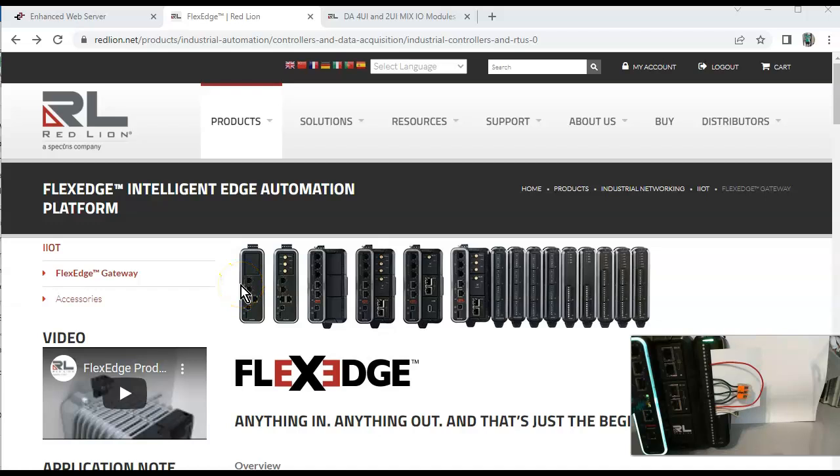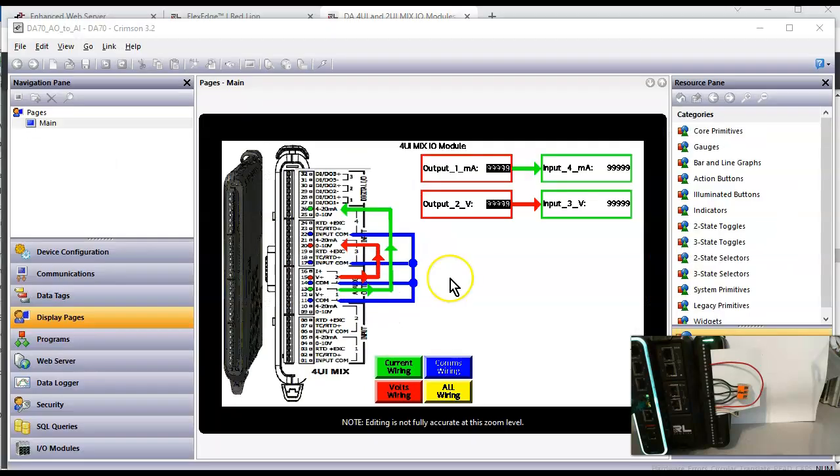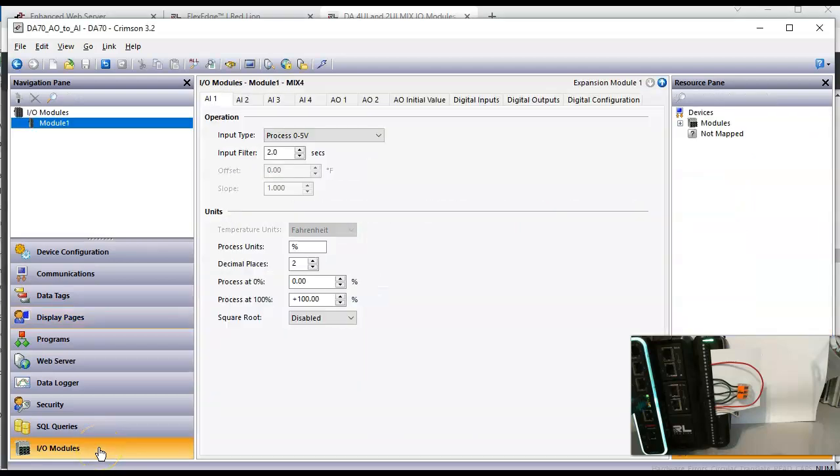In this video, we're going to play with some scaling on a 4UI mix module for the FlexEdge products. I've got that connected here to my DA70. This is the particular card that I've got connected, and I've got some analog outputs directly connected to analog inputs on here. And if I go to the Crimson database, in Crimson here, I've got this IO module connected